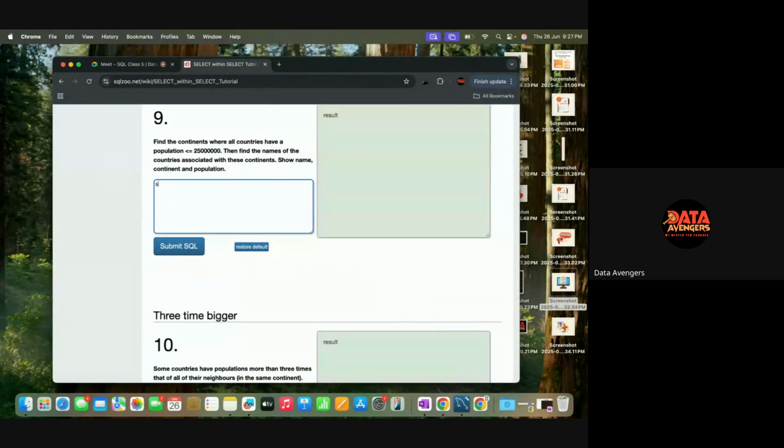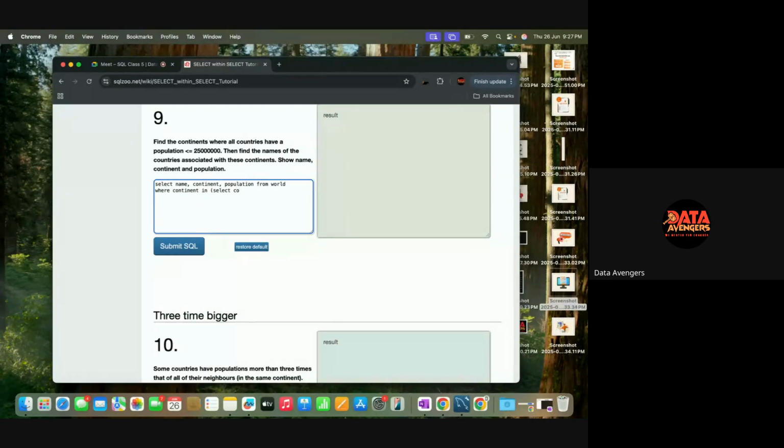So you can say, okay, select country, और भी कुछ चाहिए क्या? Show name, continent and population. नेम कॉन्टिनेंट पॉपुलेशन. फालतू प्रिंट करवाते हैं चीजें. So show name, continent and population from world. Now just filter on continent, saying where continent in,